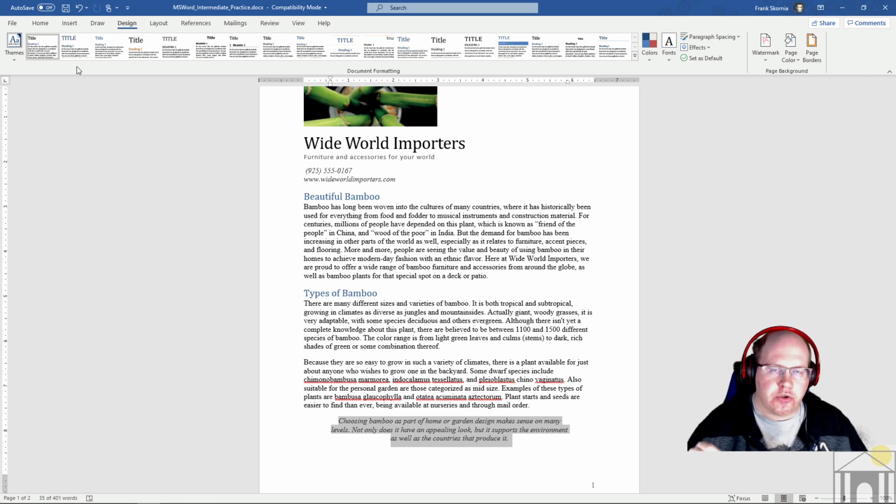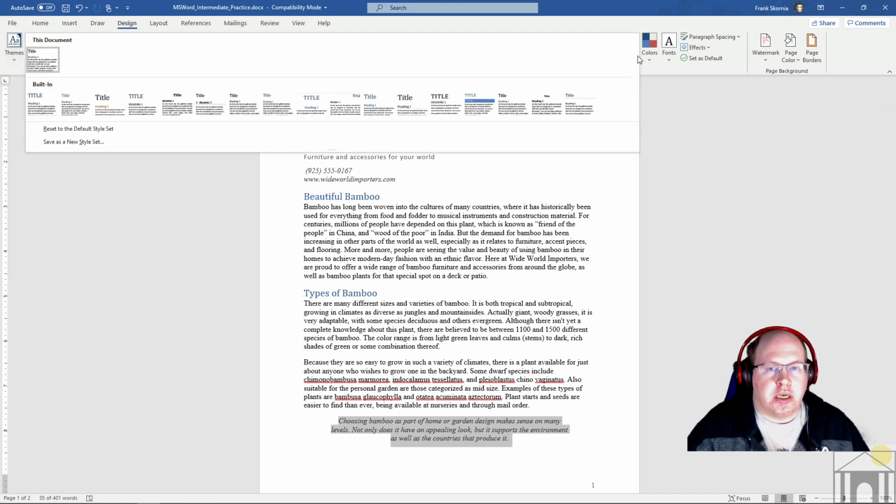So if you are using an older version and you're a little bit lost, let me know in chat, and I will try to demonstrate where that section is so that you can follow along with this step. But if you're using Office 2016, Office 2019, which is the newest version, or Office 365, which is the constantly updated one that we're using here, there will be a Design tab here. And if we go into the Design tab, this is where we're able to see all the different themes that we have available in